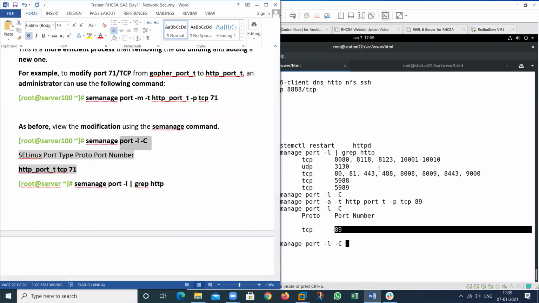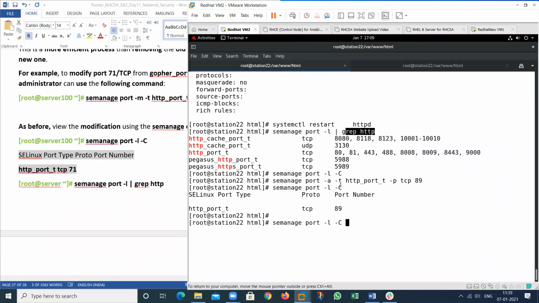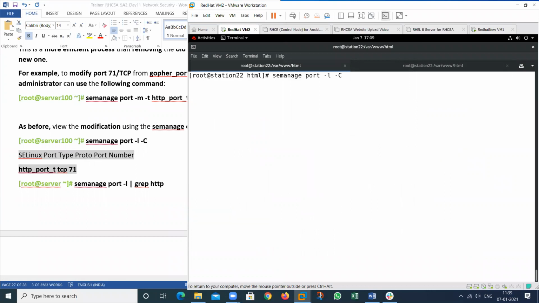So you don't need to use this particular command again and again. You can use only this one command. So you can check what are the recent things that have been completed by you.